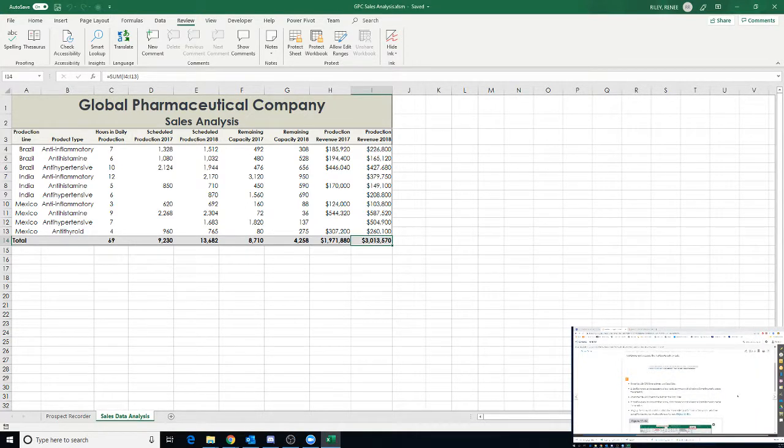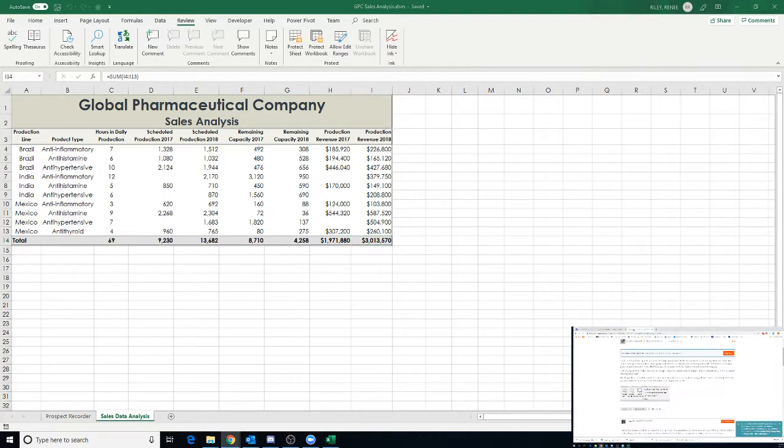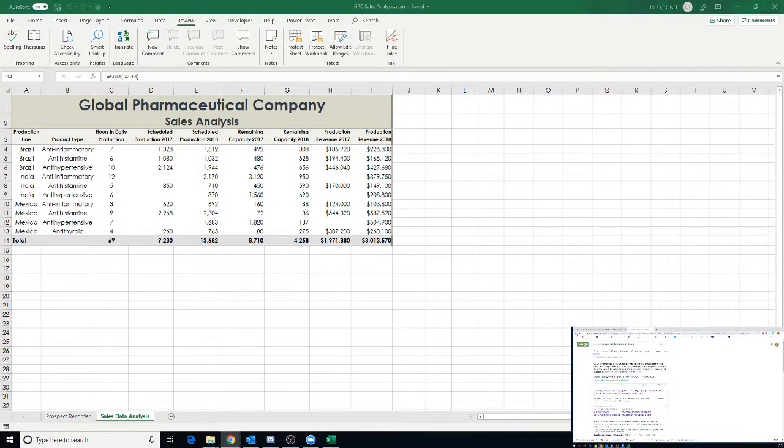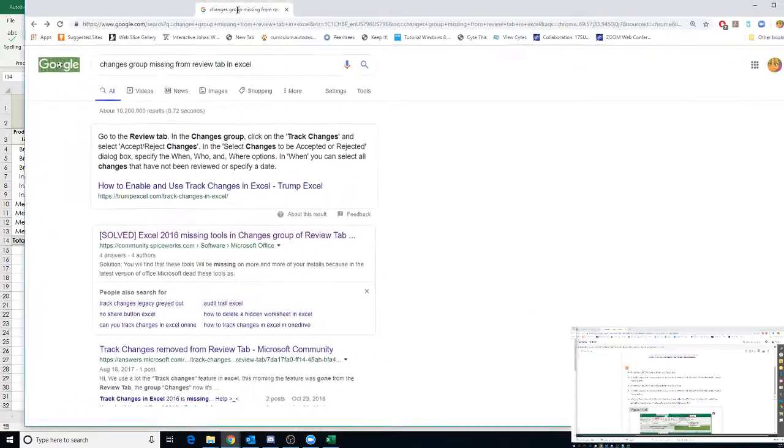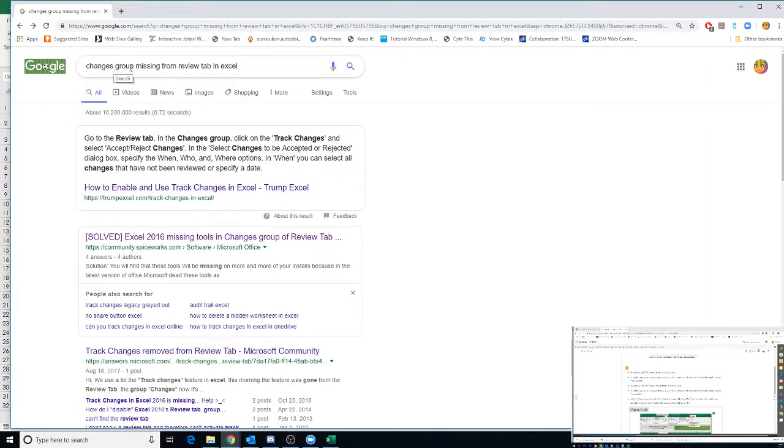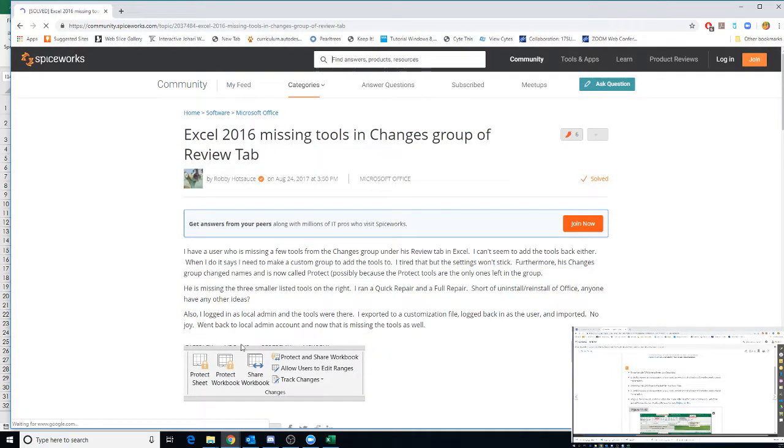So we were working on trying to find our sharing options for our application, and I wasn't seeing those options available to us. So I did some Google searching, and I searched for changes group missing from review tab in Excel, and I found all sorts of things. And so I went to this article here at Spiceworks, and it says that Microsoft has indeed removed this group,